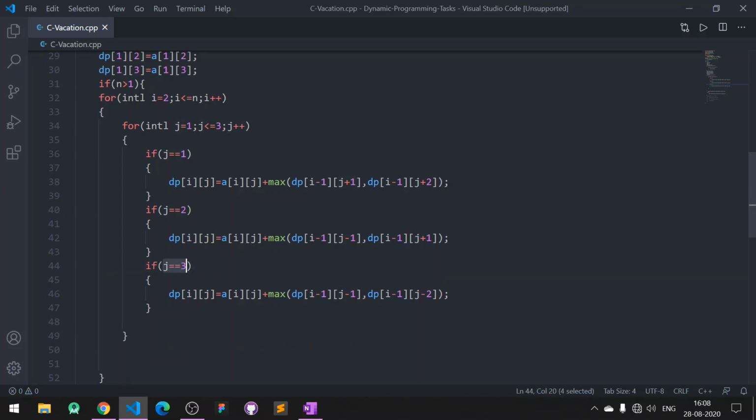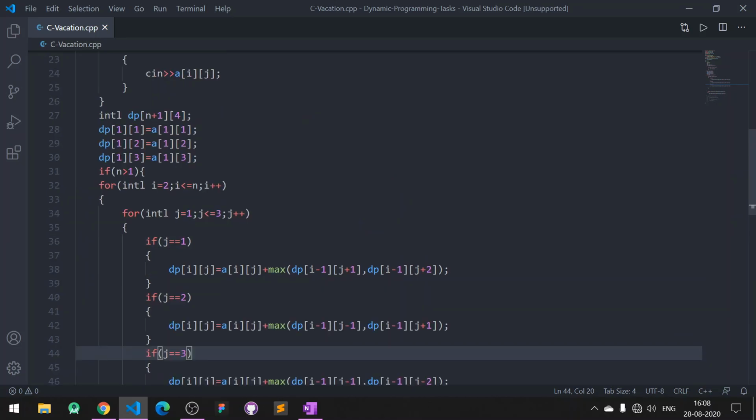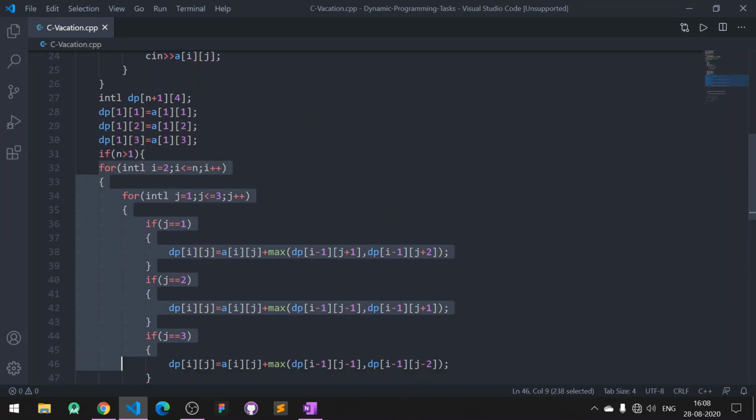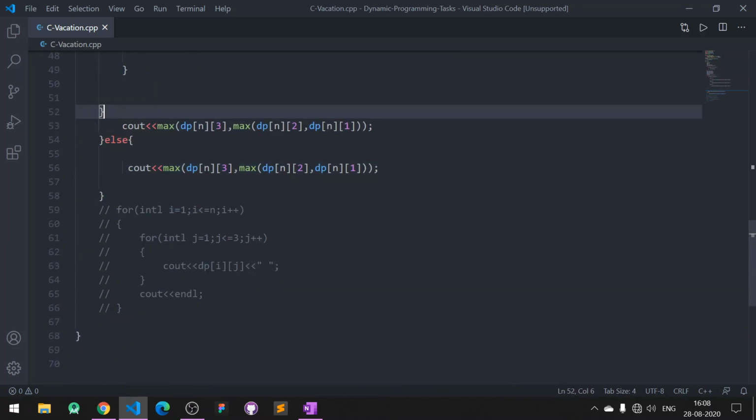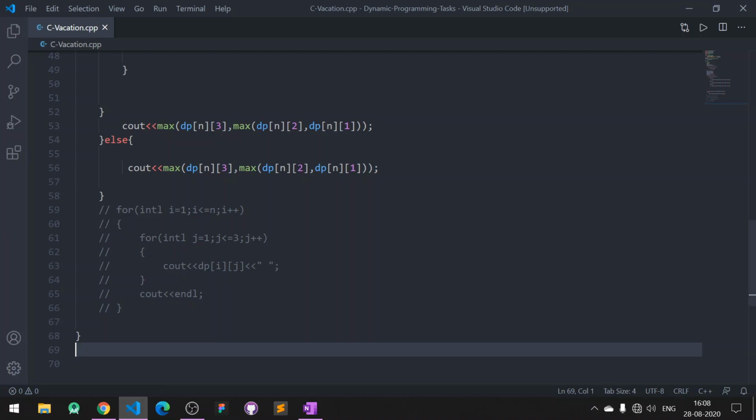Similarly I have done it for the third column. After all of these are computed, we take the maximum of the last row, all elements of this row, which are 150, 180 and 210. The maximum of that is 210, which is the optimal answer.